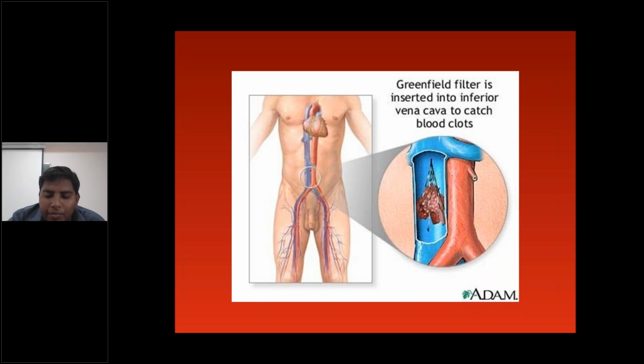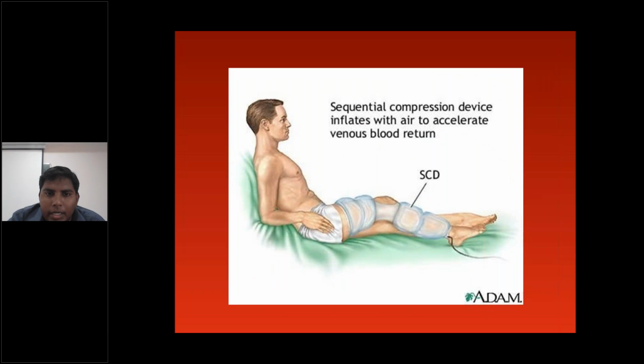The purpose is the same, and this is a sequential compression device, which helps because of the sequential compression and increased pressure. It promotes venous return and reduces the edema and peripheral pooling of blood in the peripheral veins. So this sequential compression device